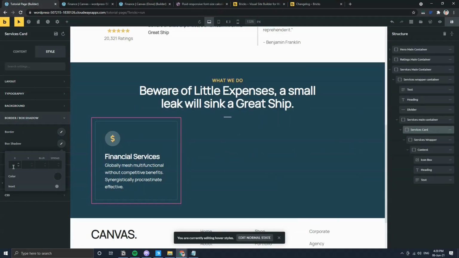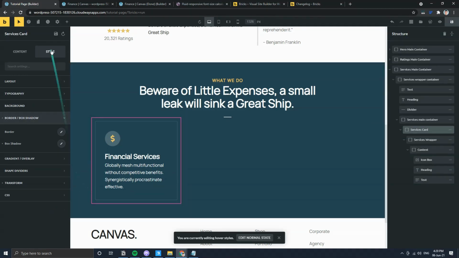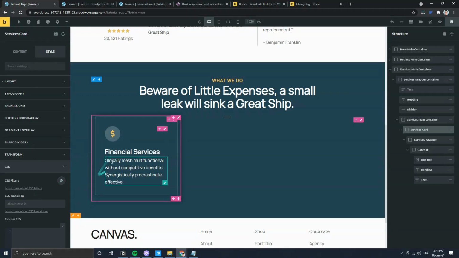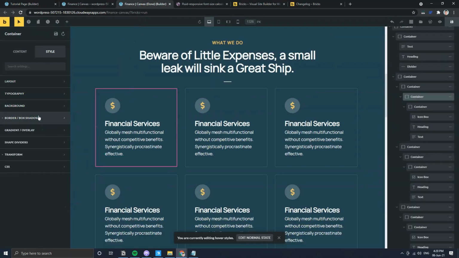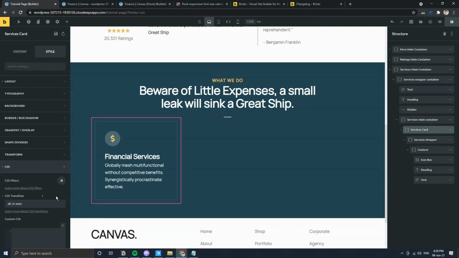So that's just that. This is the box shadow. Then to make sure that it's smooth, we're gonna need to add in this transition property over here, so that it's smooth. So now when we save it, when we view it on the front end,